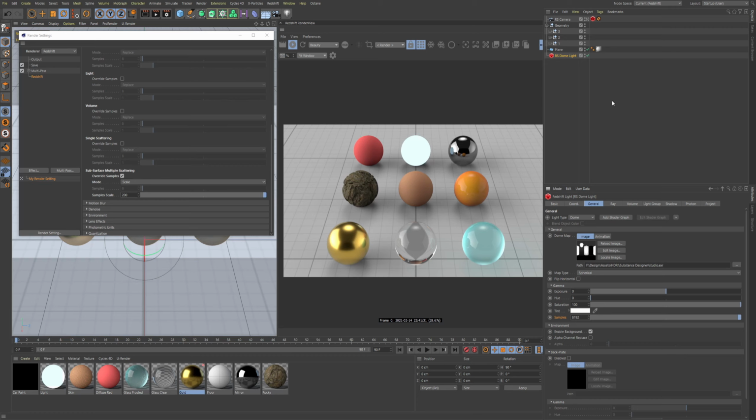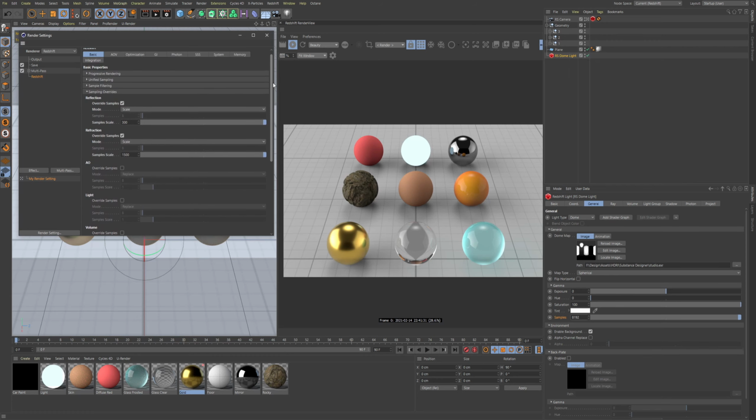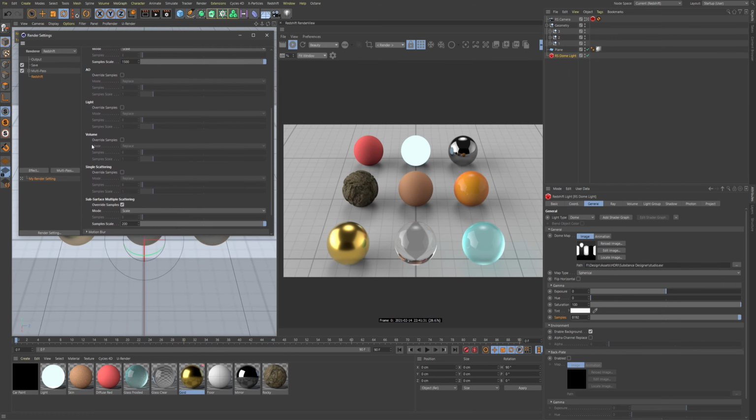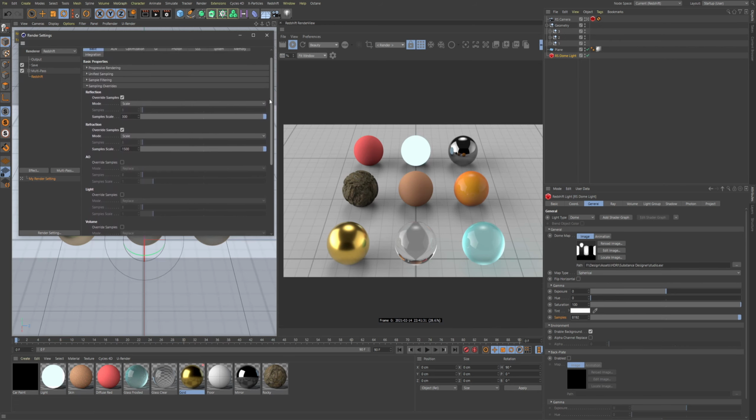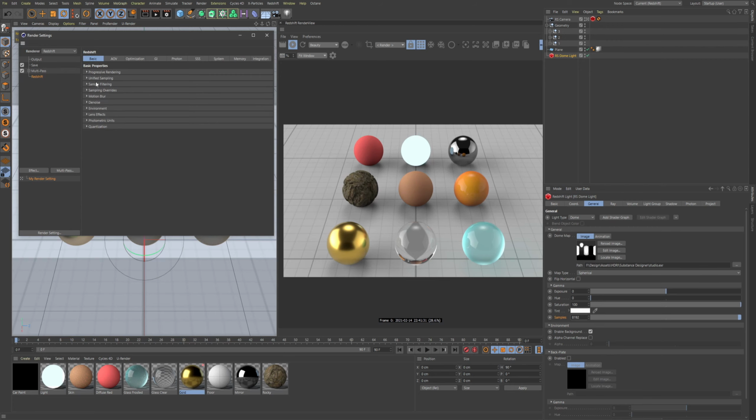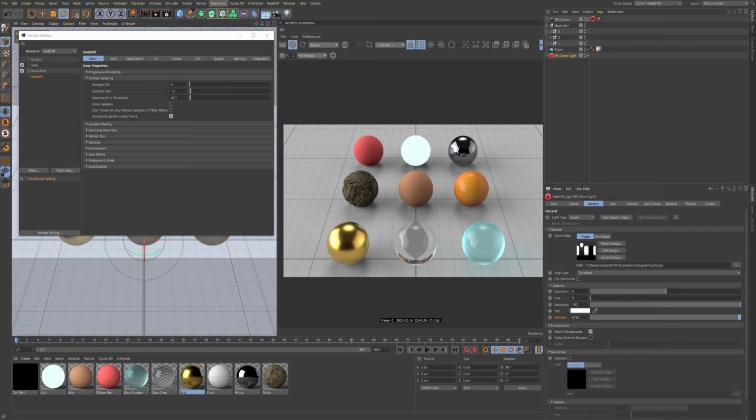Okay, now for the interesting part, the unified sampler. Of course, depending on what you have in your scene, you're going to use the overrides here. We don't need those because we don't use those. And we can close this up for now and open up the unified sampler. So next step is